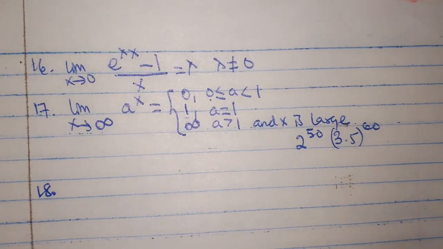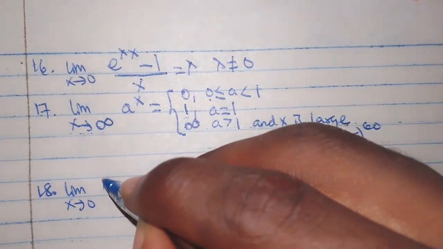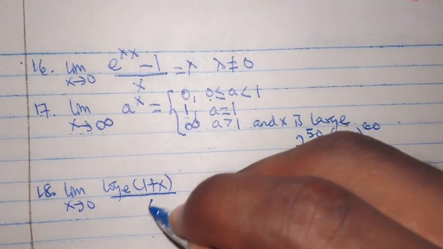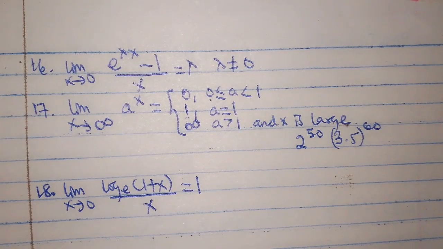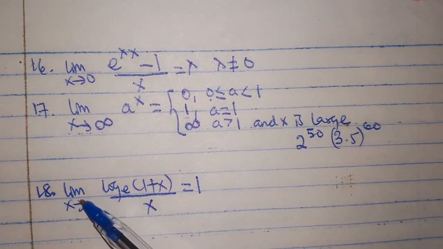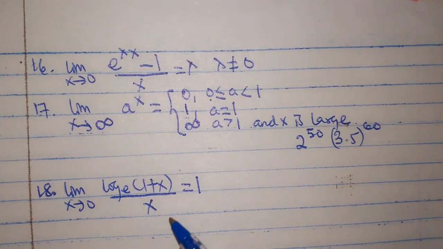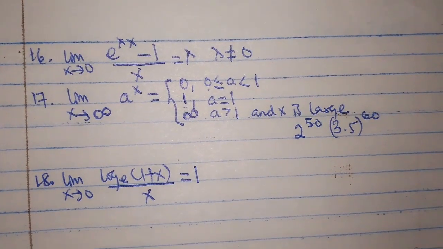For the 18th one, we are looking at another one from logarithm. So we are saying that the limit as x approaches 0 of log to the base e of 1 plus x all over x is equal to 1. And as I said, in the next lesson, I'm going to prove all these things. So stay tuned. So the limit as x approaches 0 of log to the base e of 1 plus x all over x is equal to 1. Then for the 19th one,